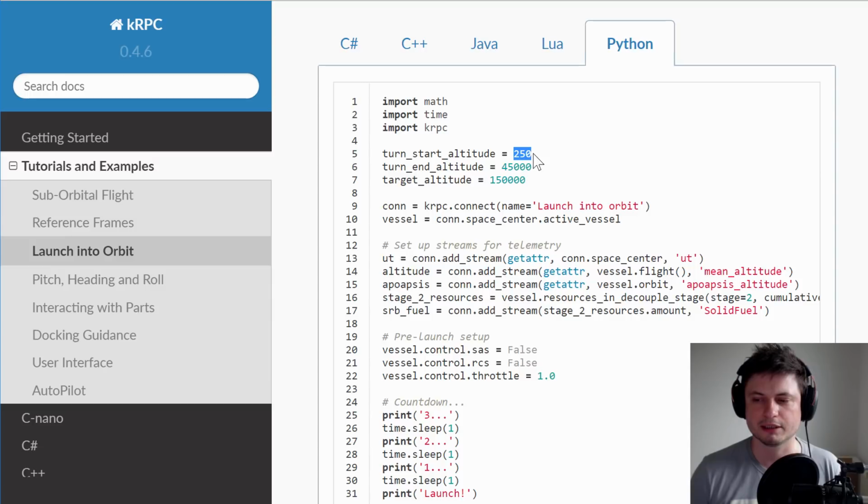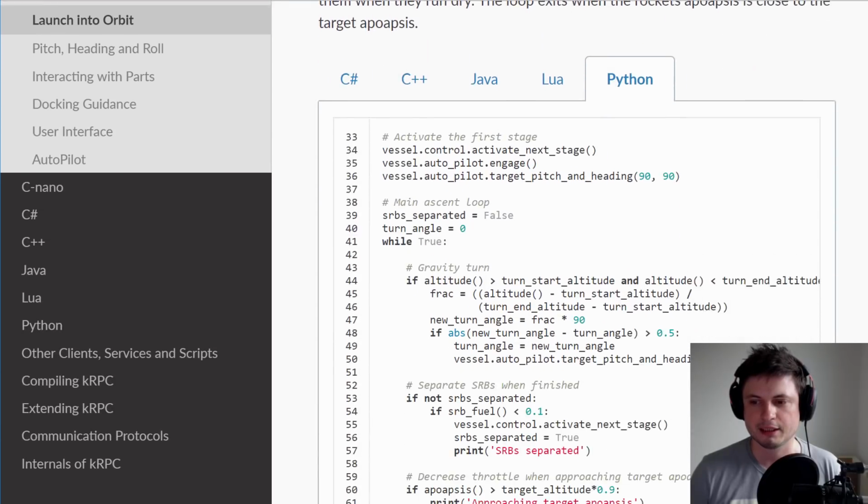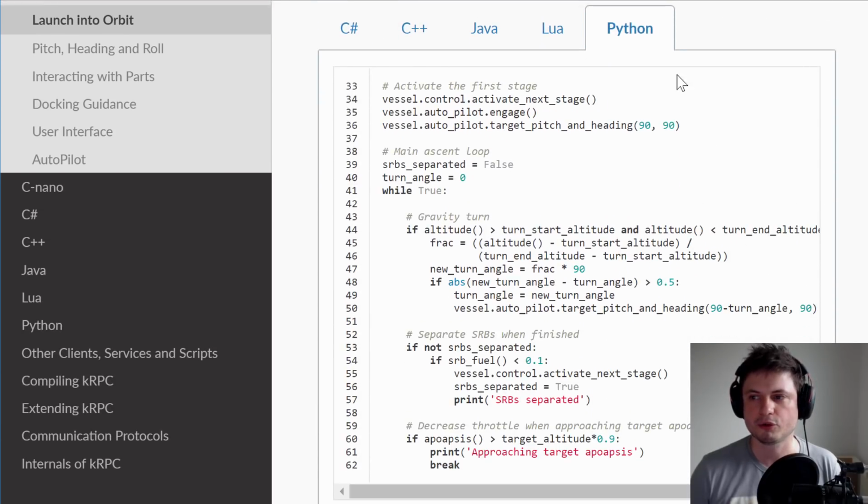This, however, might stay the same. This should be at around 250. This is where you would want to start your gravity turn. If you don't know why we do a gravity turn,